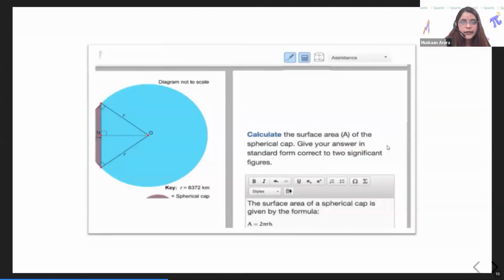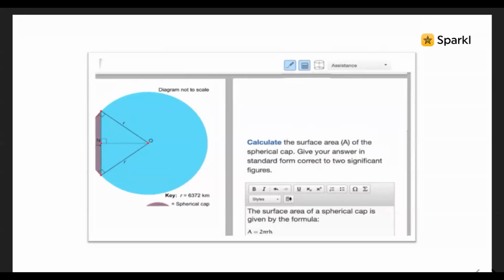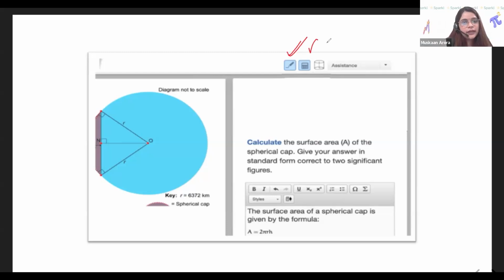Okay, moving forward. Now, once you have entered your math, if you want to look for a formula, what do you do? Mahi, can you tell us? Yes, please. Using the image right after the calculator is where you find the formula booklet. Exactly. This is the symbol for the formula booklet. This one is for the calculator. So we have both the options over here. I would like to discuss more things about the calculator before we go to the formula booklet.